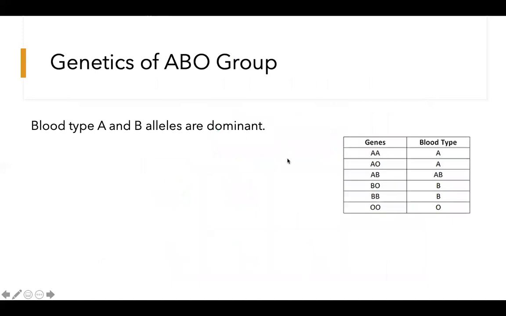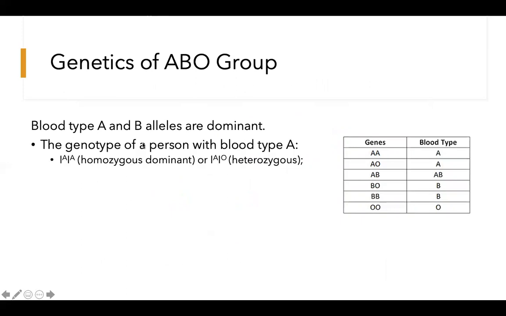Okay, so let's talk about the genetics of the ABO group. So I had said that your blood type is inherited. You get it from your parents. If you remember back to grade 9, dominant and recessive traits, the blood type A and the blood type B alleles are dominant. So if you have blood type A, your phenotype is blood type A, but your genotype,